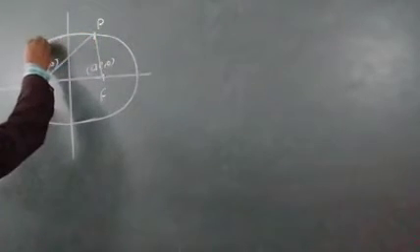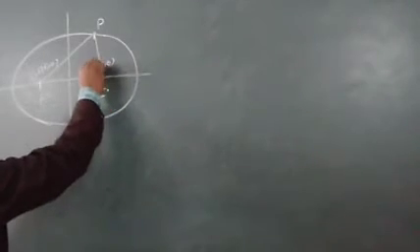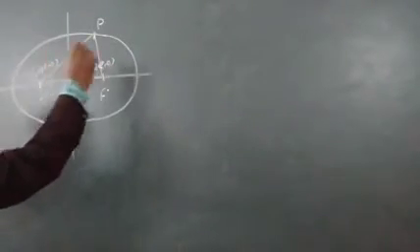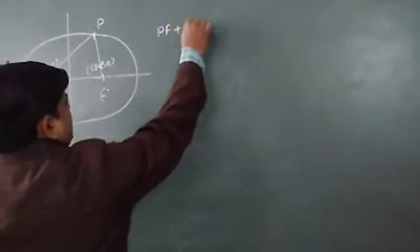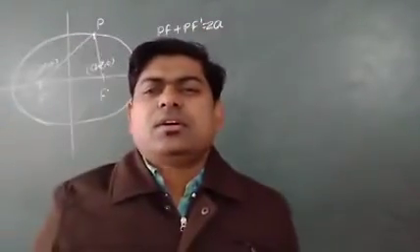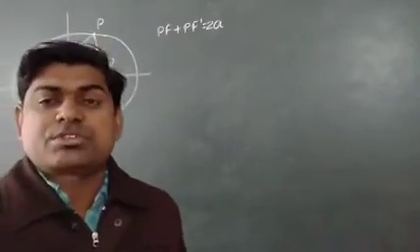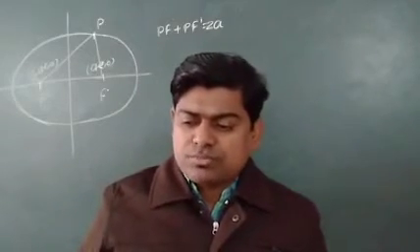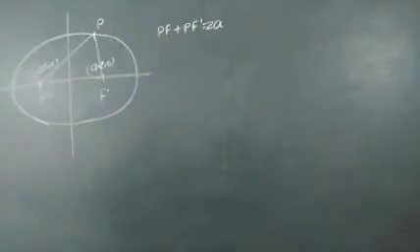Now this is again what I said. This one is an ellipse in which two fixed points are there, F dash and F. Coordinates of these points are (a, 0) and (minus a, 0), and then a point P is there, and it is given that PF plus PF dash is equal to 2a, and I have to show that it is an ellipse, or I have to find the equation of ellipse in standard form. Means I have to find x square by a square plus y square by b square is equal to 1. Let me tell you how to find.